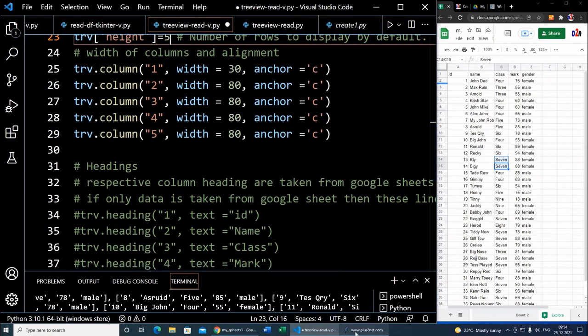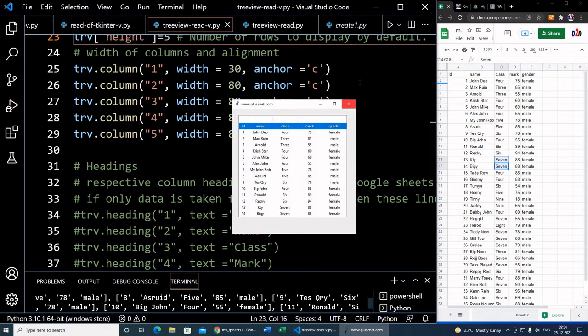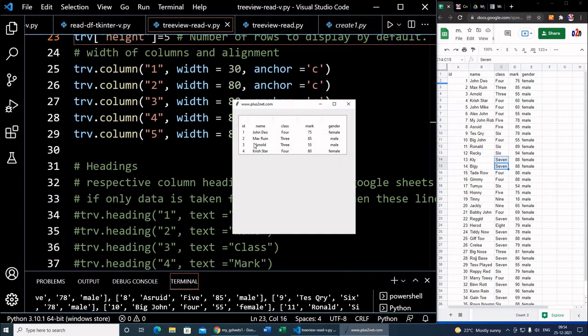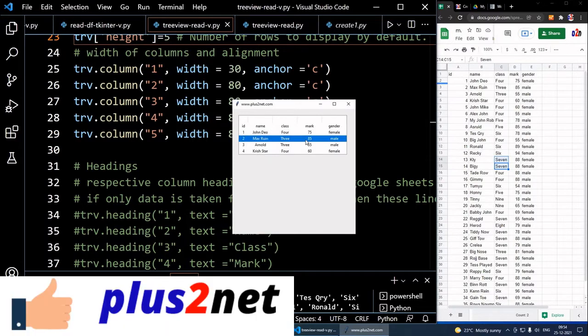Now I think that window I have to close it. Now let me close this, run again. So now you can see only 5 rows are collected. So I can further scroll down also. So this is how we will collect data from a Google Sheet and bring it to a tree view for tabular display.